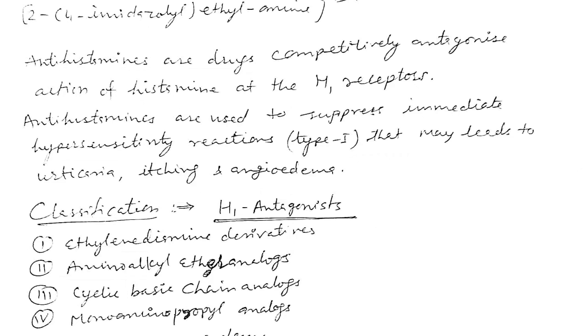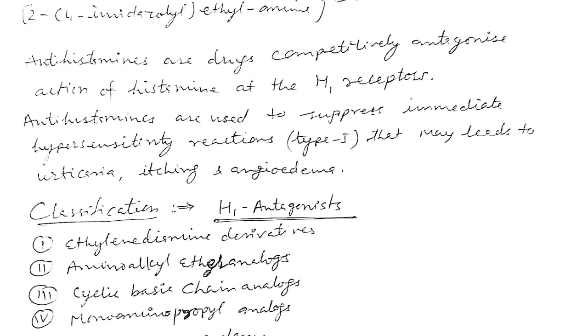So dear students, I think it is clear to you all about antihistaminics. Depending on the histamine receptor, we have classified them into three categories: H1, H2, H3. I have told you the H3 is not responsible for any type of reaction. It is mainly present in the brain and responsible for controlling the level of histamine in our body. The disease conditions mainly occur in the case of H1 receptors and H2 receptors.